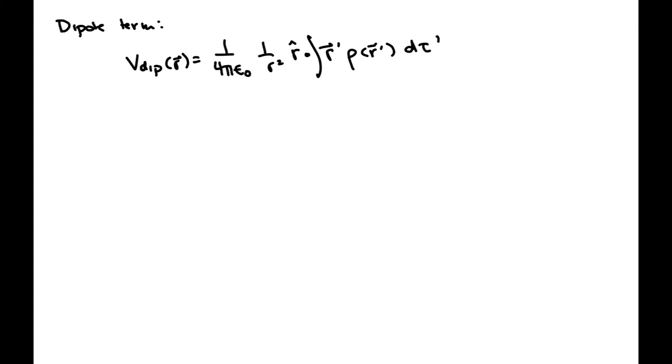All right, let's do our dipole term. Okay, the dipole term looks something like, from the book, I can write that as 1 over 4 pi epsilon naught, 1 over r squared, and then I can take the integral of r hat dotted with my r prime vector, rho d tau. For the way that I've got this problem set up, this is the volume integral. I'm going to take that r hat dotted with the r prime vector